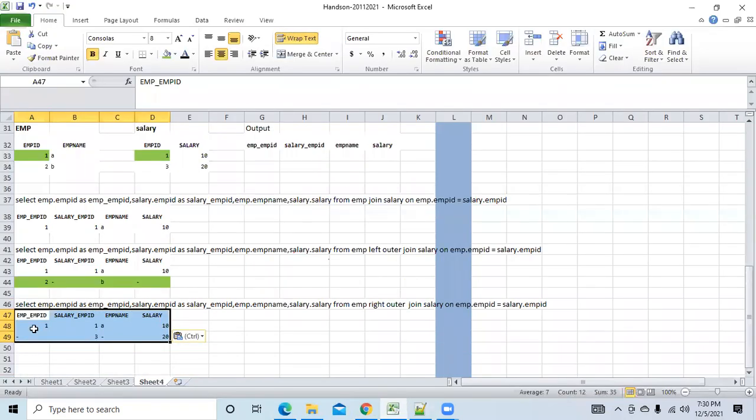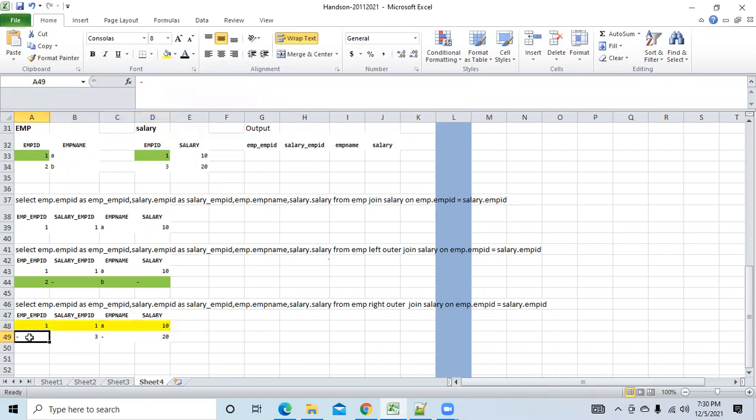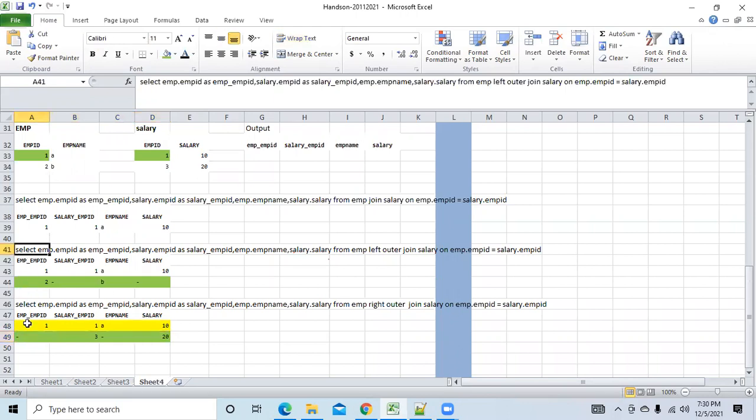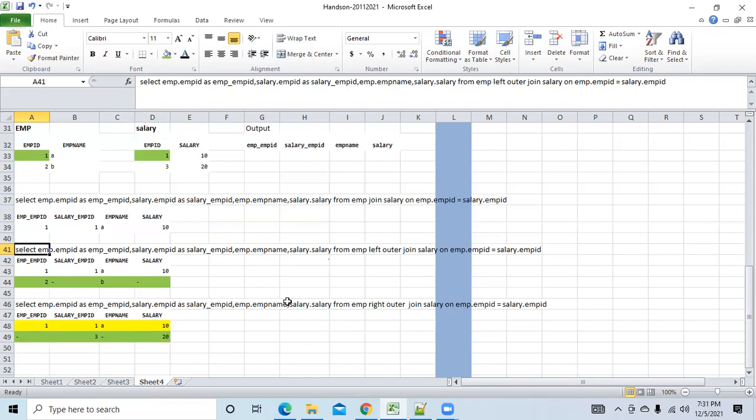Okay. Now this is the output. This was the old output. So now tell me, this is the new output, the employee ID 3, salary 20. You got this information? Yes. So you understood this second and third scenario as well? Yes. So you understood when to use left outer join, when to use right outer join. Very good. Now